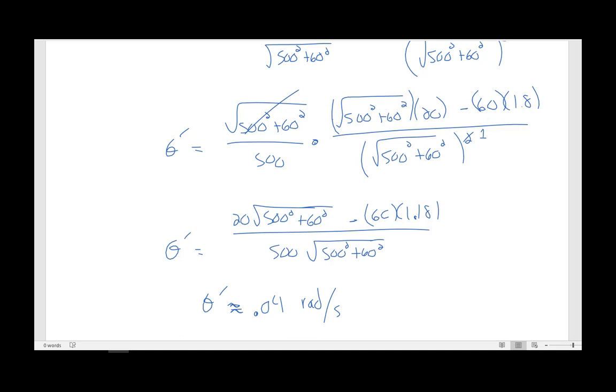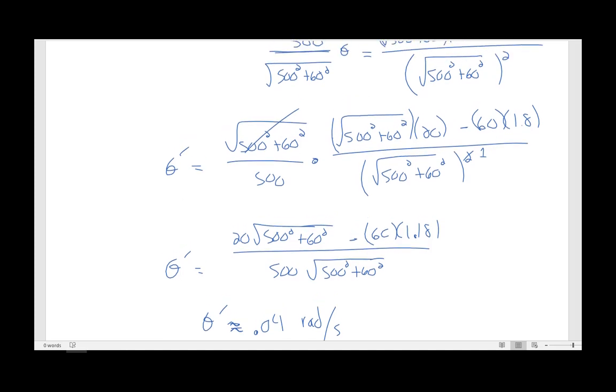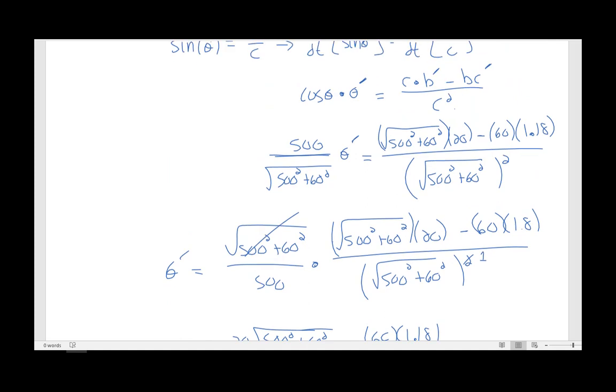Now I do want to come back and redo part B. And instead of using the cosine ratio, I'm going to use the sine ratio. Wait, I used the sine ratio. Let's use the cosine ratio to see what we get. So what I mean is, let me scroll back up. When I look at the triangle that we drew,